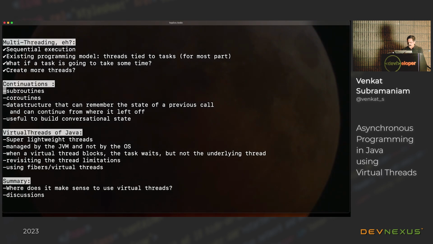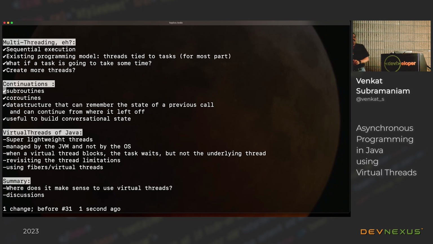So before we dive into it, let's talk about the concept of what are called subroutines and coroutines, and talk about a bit of a data structure. So what is a subroutine? A subroutine is just a function. That's exactly what it is. So you call a function, send it some data, it sends you back a response, and it's pretty stateless. So you call functions, they give you a response, you call again, you get a response, no big deal. We all have written functions, we may call them methods, but those are just subroutines.